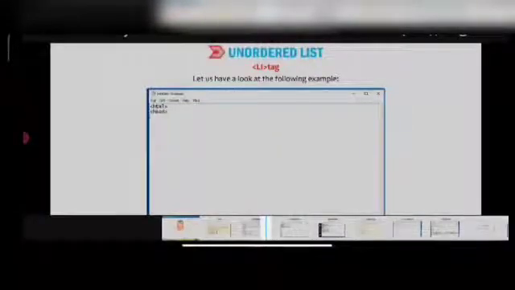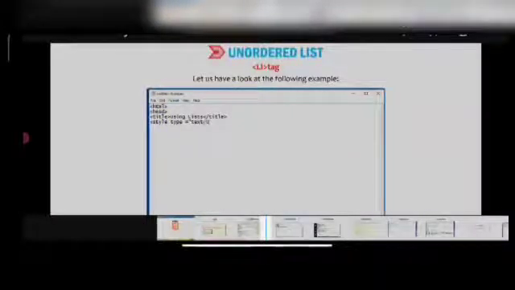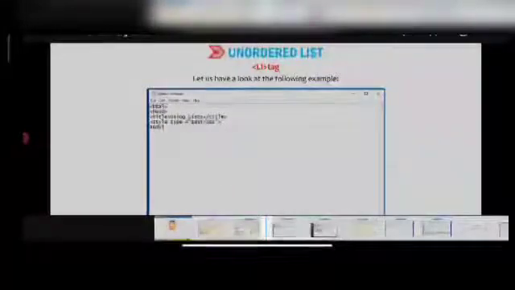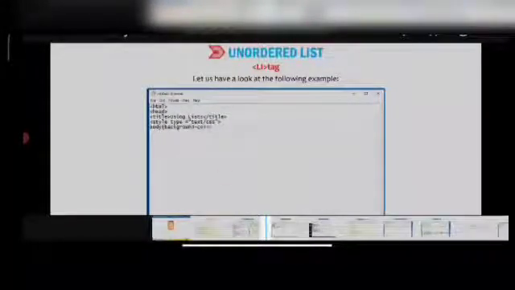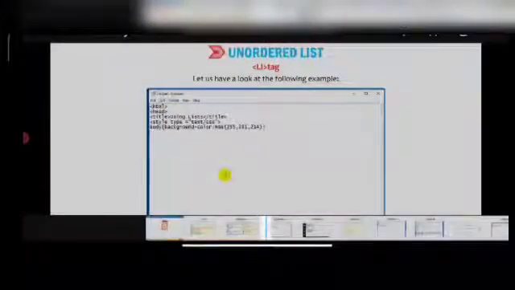HTML, head, title: using list, title, style type equal to text/CSS, body, background color RGB of 255, 251, 214.